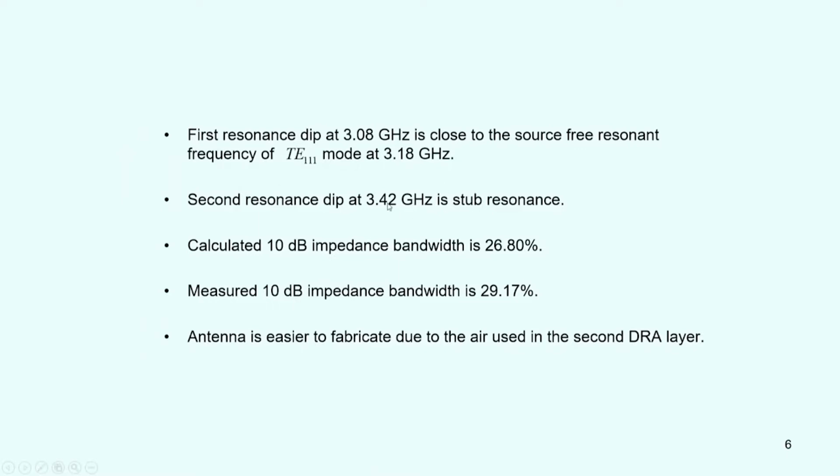So, it is seen that the first resonance is close to the source free resonance of the TE111 mode. Now, what is the difference between 3.08 and 3.18? Why are they different? This resonance is known as the loaded resonance and this resonance is known as the source free resonance. To differentiate between the two,